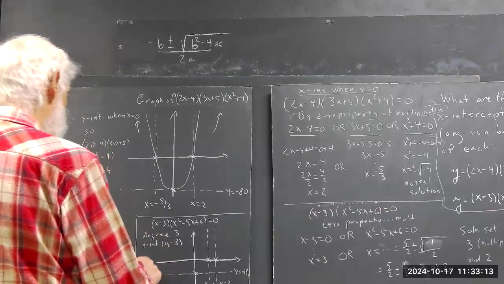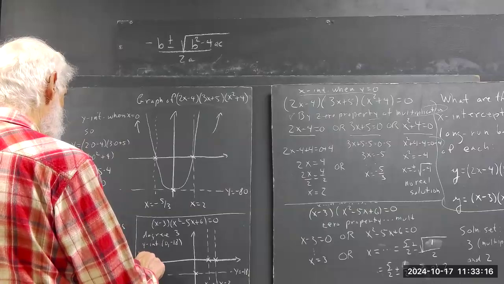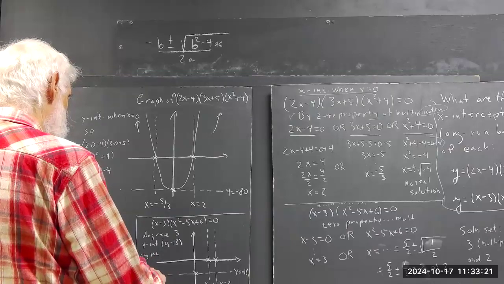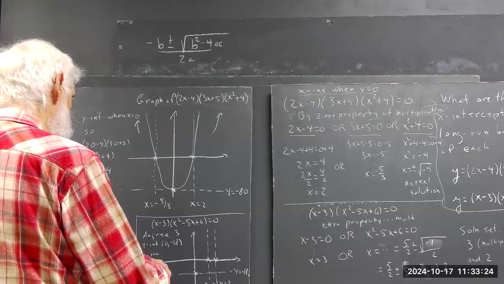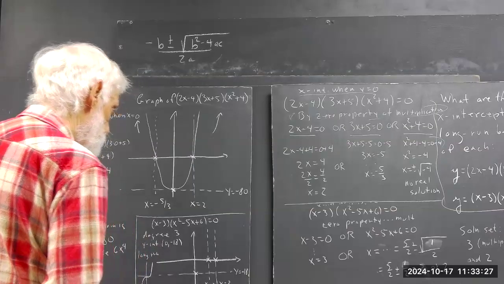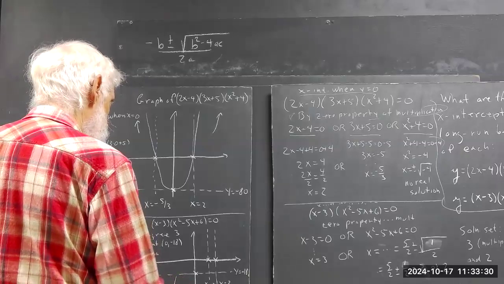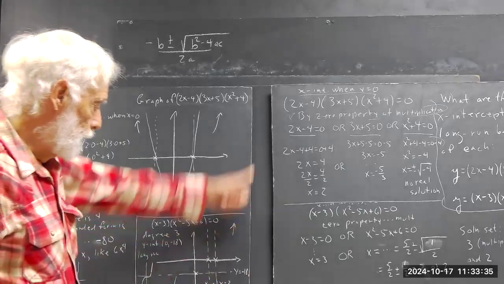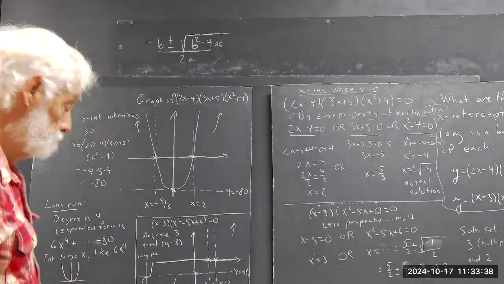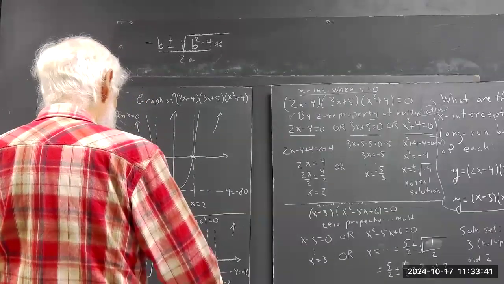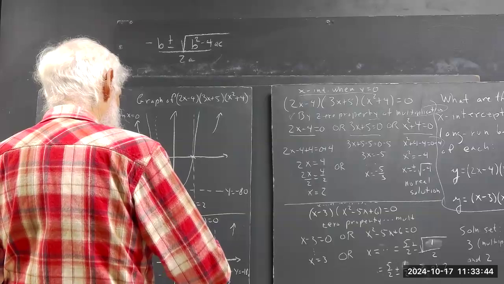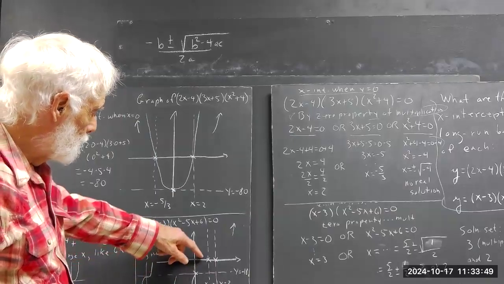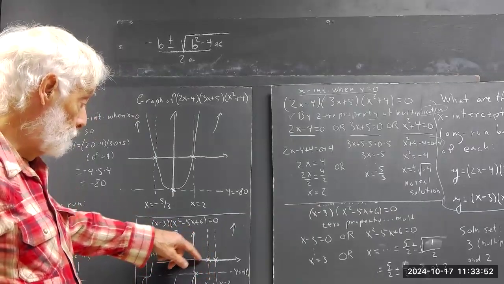And degree 3 implies that the long run looks like a cubic function. Meaning, you start down here, you end up here. You go down to negative infinity on this side, positive infinity on this side. So we're going to come up from negative infinity, maybe about here. And now we've got to go through these 2 points. Now, if I come up here and go through this point, turn around and go through this point, I'm never